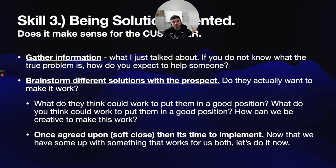Super important. Number 2, once you understand what they're trying to accomplish, what they're trying to do, that is when you're going to pitch your pitch. Whatever it is that you're selling, as long as it makes sense to pitch it and they actually want it, then you can go ahead and give the pitch. In my opinion, the pitch should only be 2 to 3 minutes long because you either have what they want or you don't. If you have what they want, give them the pitch really quick, really short, really concise,